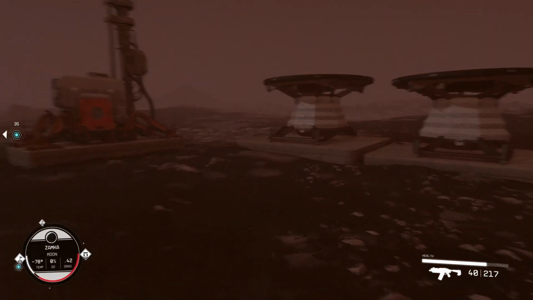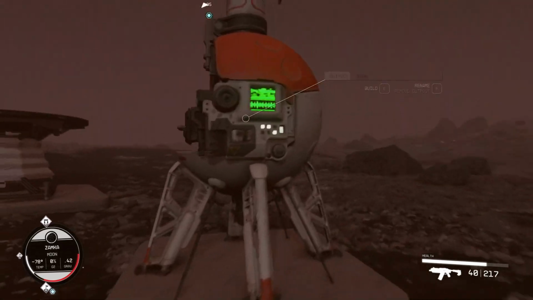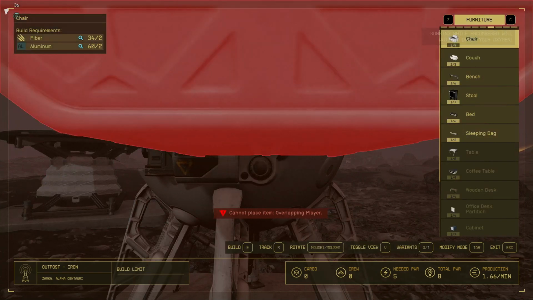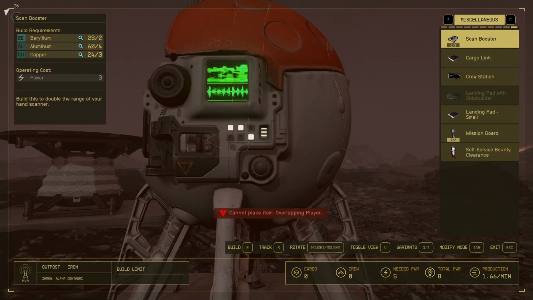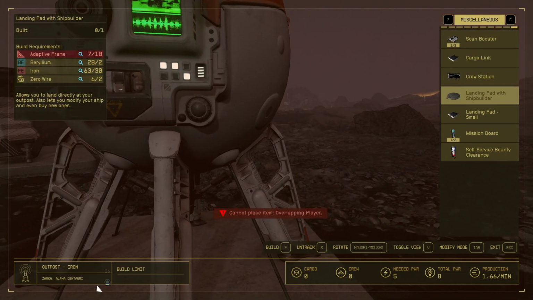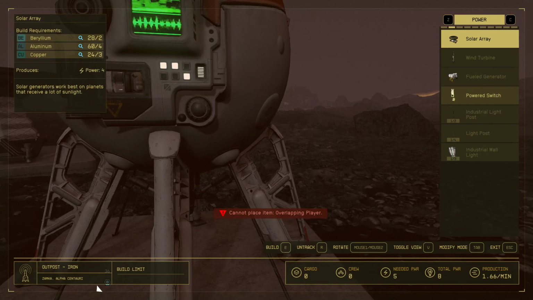And now we've got all of the materials that we need. So we can go back into the build mode. And now we can start building. So let's craft. First of all, let's craft our hab, because otherwise we're going to die. And we don't want that. Oh, we didn't get enough adaptive frames. That's my bad. I didn't get enough. Okay, that's fine. We'll get those in a bit. So for now,